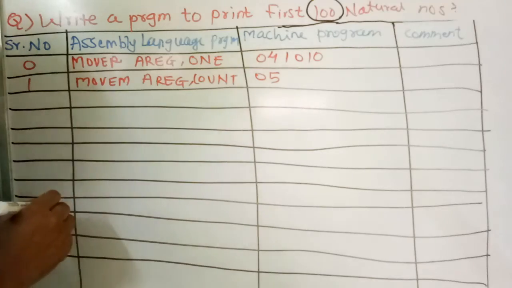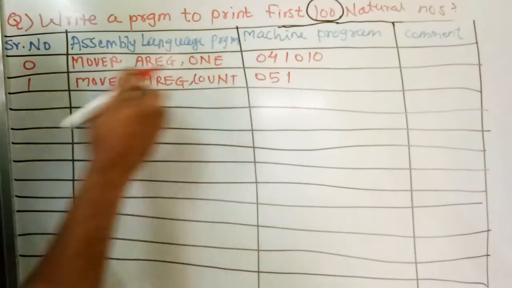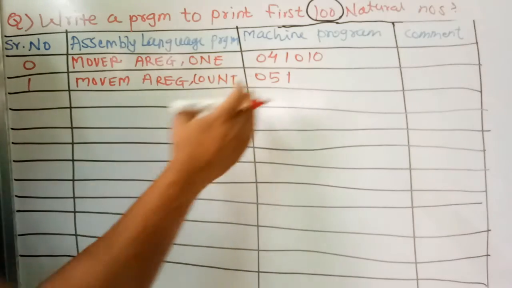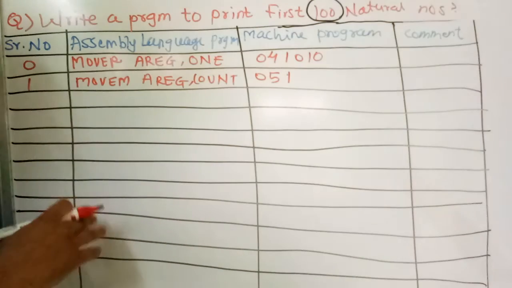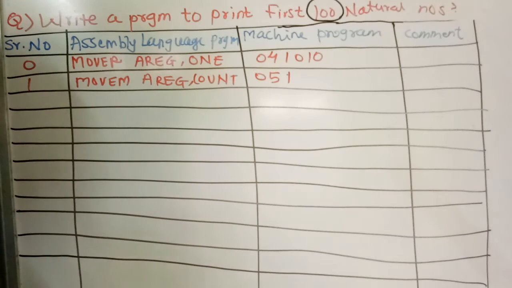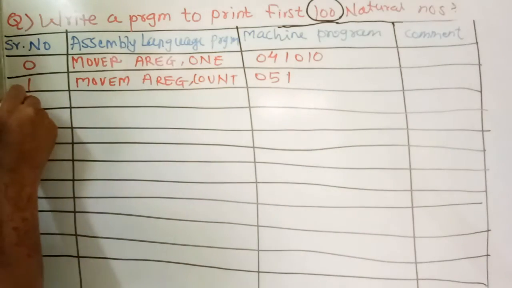Now, for the memory move, we will take the machine code 5. We are moving this value from the first register to the counter, and for that we will leave a gap because the counter will be specified in the next steps and that number will be given to the mechanism. So we will take the next move and stop here for some time.